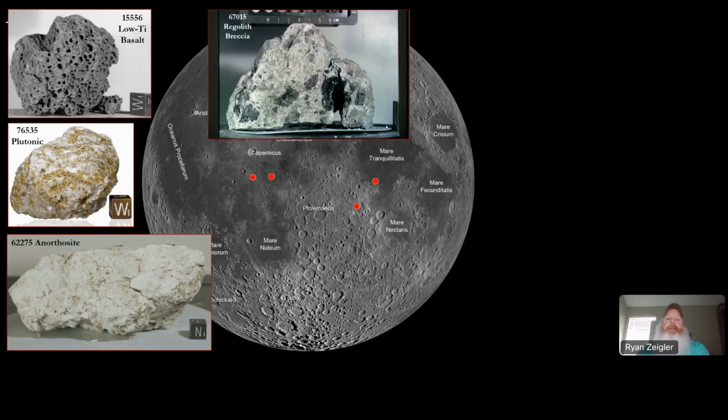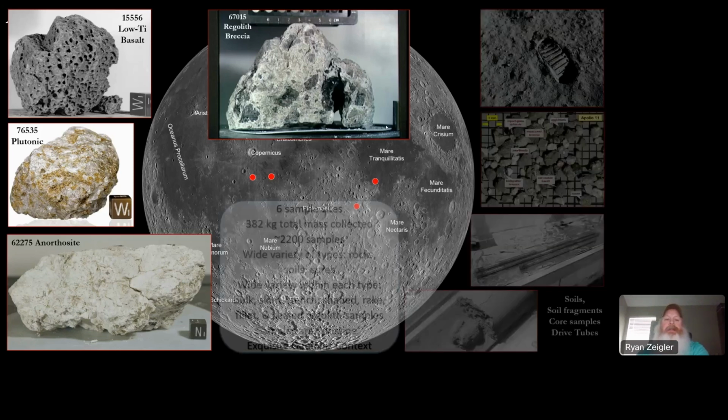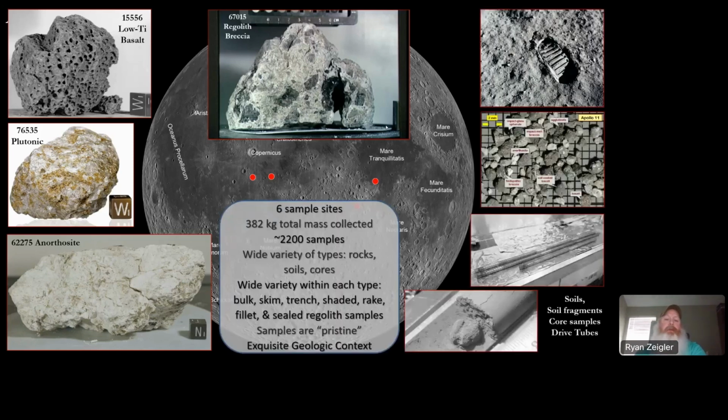And so there's this incredible diversity of rock samples that were collected across the 6 missions, but rocks are only one part of the story, as fully 1/3 of the mass that was collected was regolith. And so we think of the regolith typically as fine grained powdery material with an average grain size of 50-ish microns. And you've all seen the iconic boot print on the moon. But mixed into every regolith sample are rock fragments in different sizes, 1 to 2, or 2 to 4, 4 to 10 millimeters. And each one of those rock samples, again, has its own story to tell.